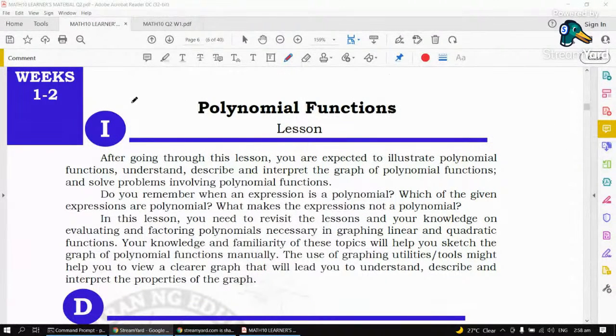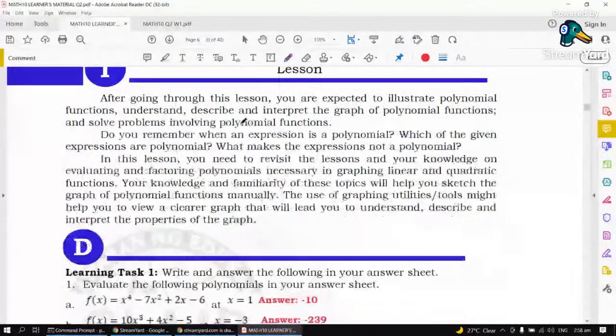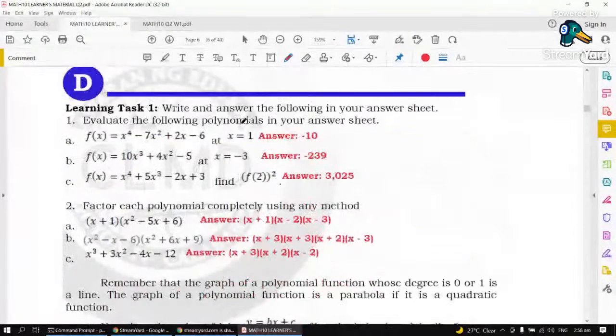Okay, so nandito na tayo sa quarter 2, week 1 and 2. Discuss lang natin yung mga medyo important points dito sa week 1 and 2. So week 1 and 2 is about polynomial functions. Okay, so running task 1,